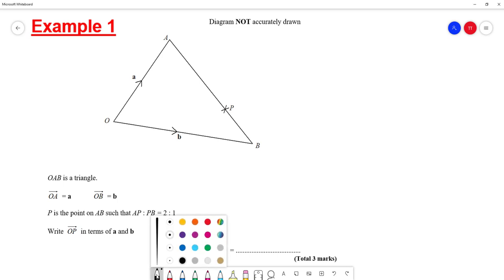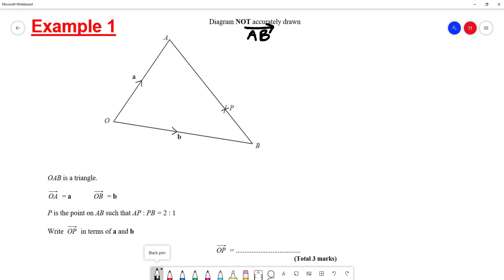So what we do in a question like this, we say, right, I know the vector OA on the triangle. I know the vector OB on the triangle, but the vector that's missing is the side AB of that triangle. So I'm going to write AB here with an arrow, because vectors must have an arrow on it. So what we do, we put the point A, that's our starting point, and we go around the triangle. So we go from A to O, so we write that first, A to O, plus O to B,